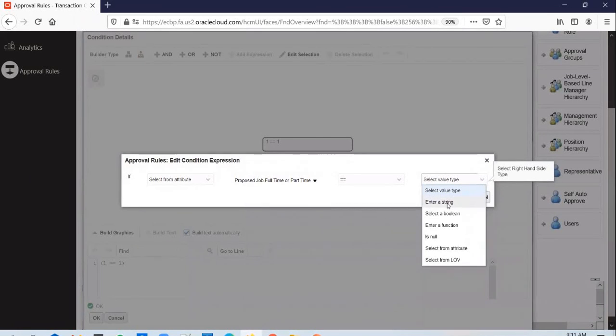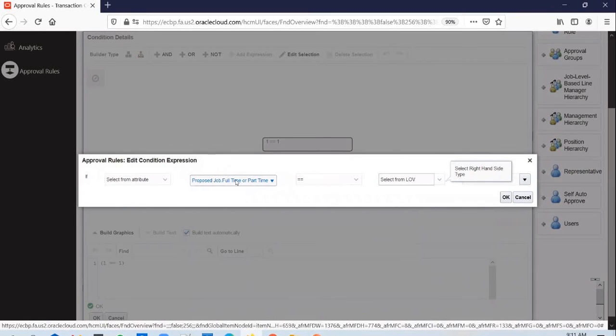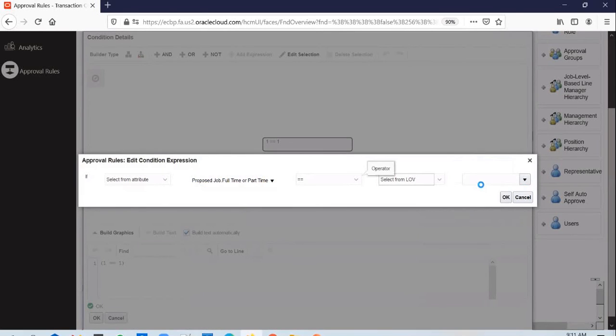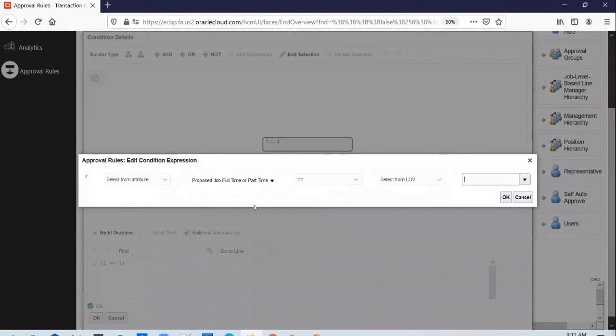But instead of taking a chance, because you might commit a typo there, right? So instead of taking a chance, you can say select from LOV directly. And when you say select from LOV, the LOV that is used to display values for full-time or part-time on the job screen, the same options will be available here as well. So you see two options, full-time and part-time, and you see the same two options here. And you compare and see if that attribute is selected by user as full-time or not. Click OK.